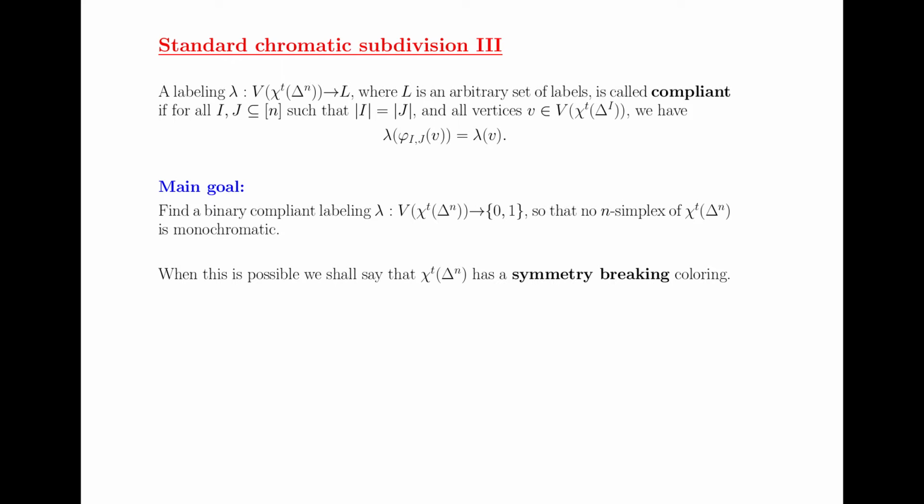So now, how do we model this weak symmetry breaking task? The simplicial formulation is as follows. Take the n simplex, take its standard chromatic subdivision. So take the simplex, iterate the subdivision. And then they make a decision. So each vertex now is the final state. So you want to put labels 0, 1 because they're distributed into two groups. And like what we said, this should be compliant, meaning that it should be constant under these identifications. So depending, you either formulate it this way for the simplex, or you skip this condition, but then you're not subdividing the simplex, but the delta complex I was talking about. Either way, it's the same question.